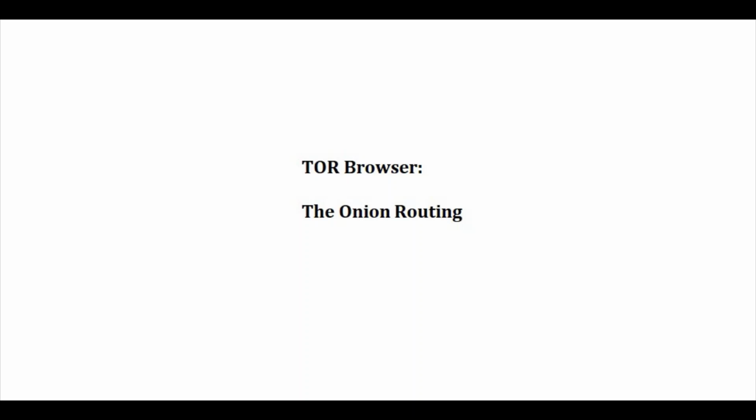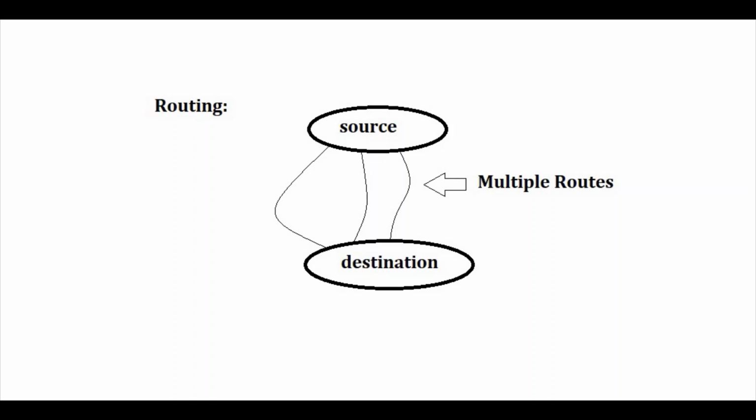Now Tor is the abbreviated form of onion routing. So if you know what onion routing is, you will know what Tor does exactly, right? Let me break these terms down for you so you can better grasp the subject. Routing, as you know, is a way of communication between different networks over the internet. Routing helps in selecting the path for the data or the traffic that goes from one node to another node. That's what routing is in the simplest form.